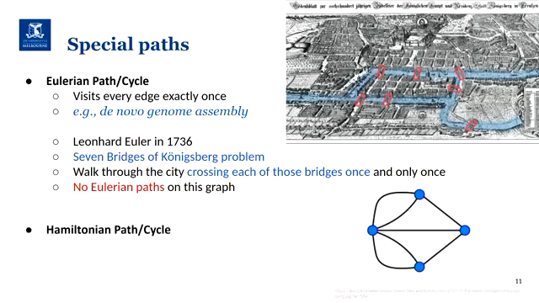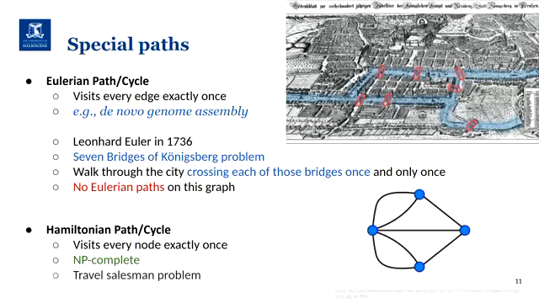And we have a different type of path that was also mentioned, which is a Hamiltonian path or Hamiltonian cycle. In this case, instead of visiting every edge, we want to visit every node exactly once. Finding an Eulerian path is a slightly simple problem. However, finding a Hamiltonian cycle is NP-complete. So there isn't a polynomial algorithm to solve it. Basically, in order to find a Hamiltonian cycle, you need to enumerate every single possible path in your graph, and that grows exponentially.